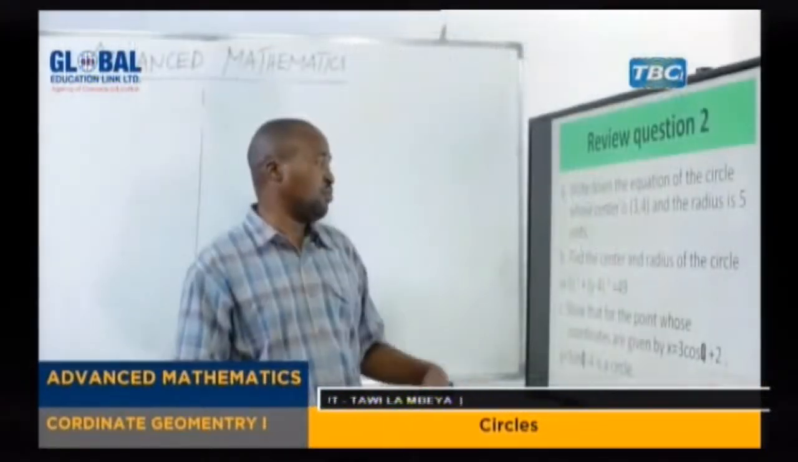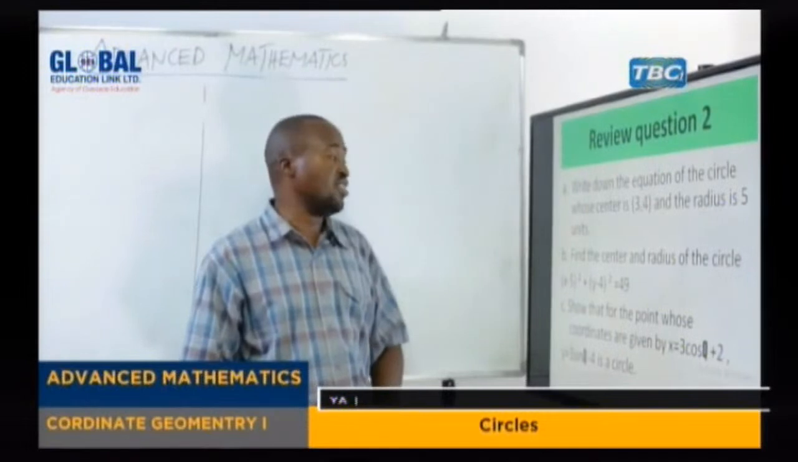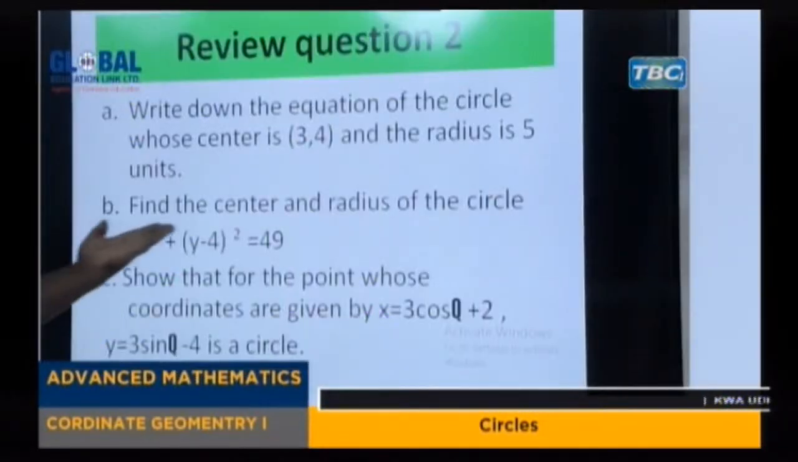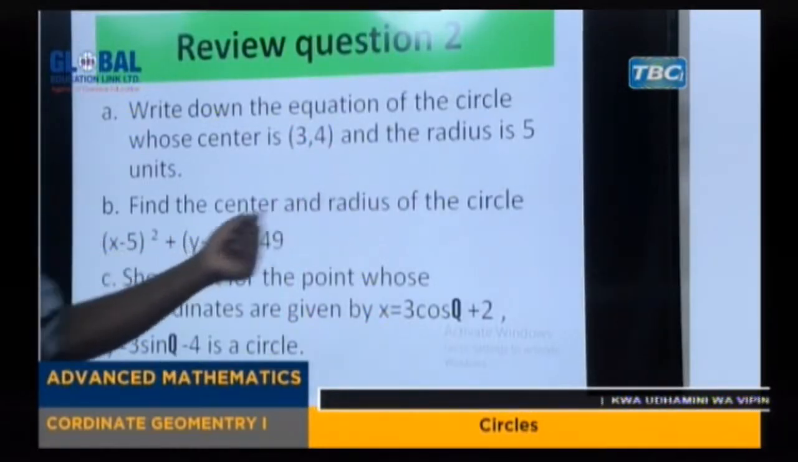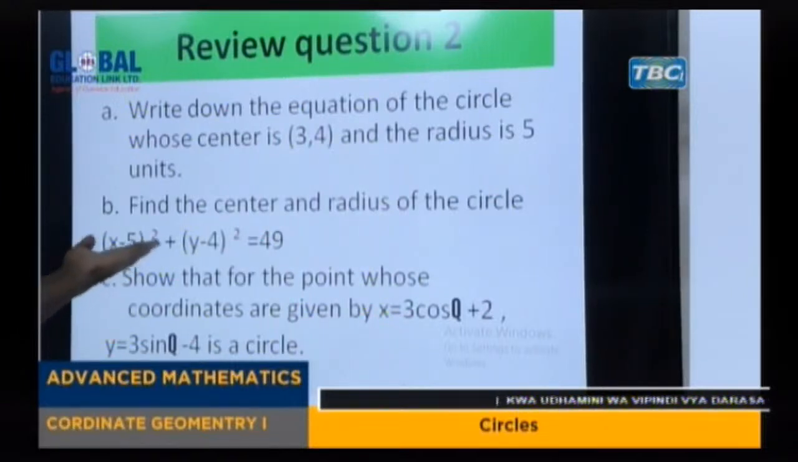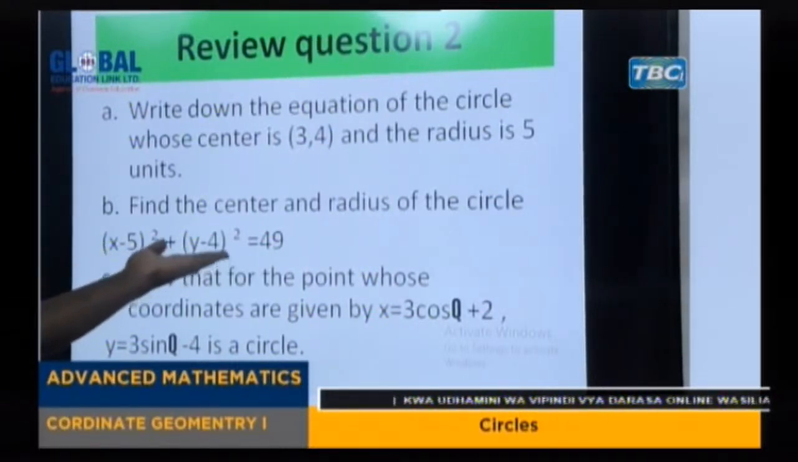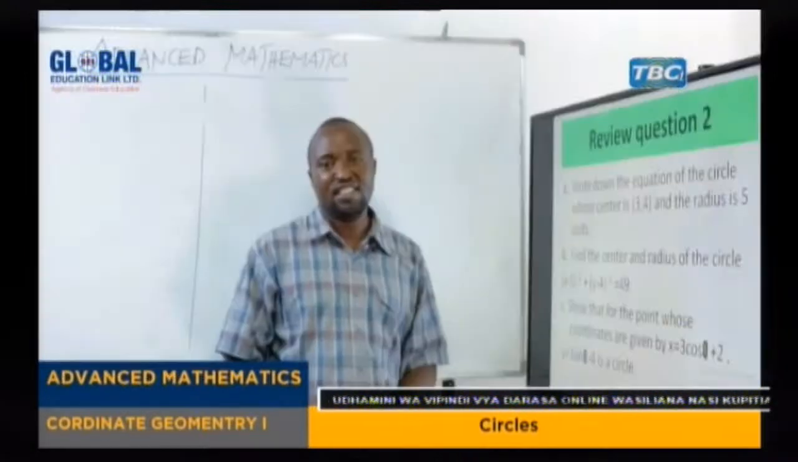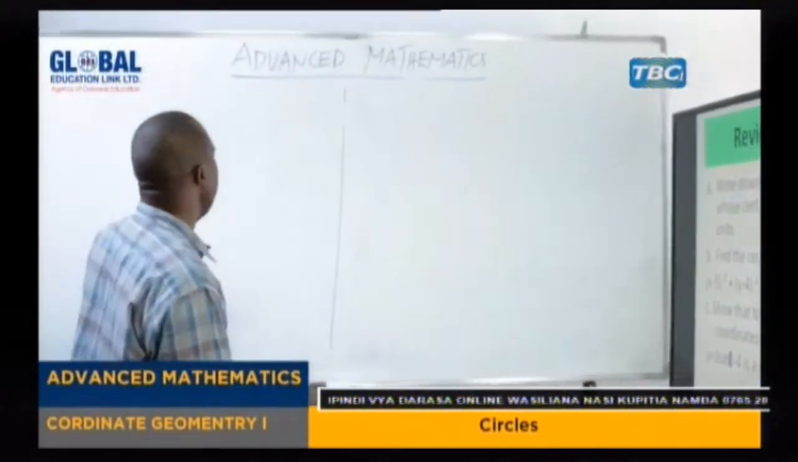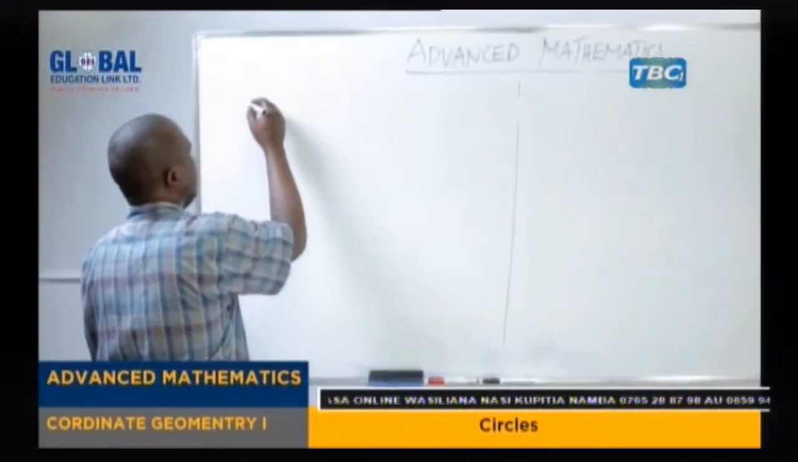So, dear student, we proceed with the second question, that is 2b. Find the center and radius of the circle x minus 5 squared plus y minus 4 squared is equal to 49. So, we have given,